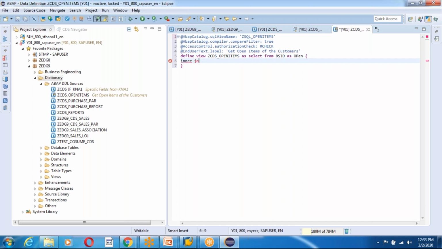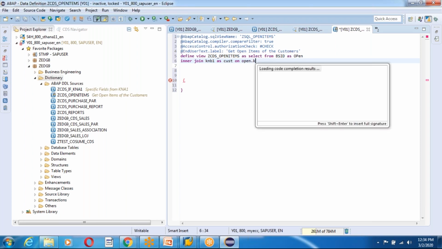Here the curly braces we are going to use in a field list, and in our join we have KNB1 guys, customer master company code table, as cust. Okay, and on I'm going to use open dot KUNNR,